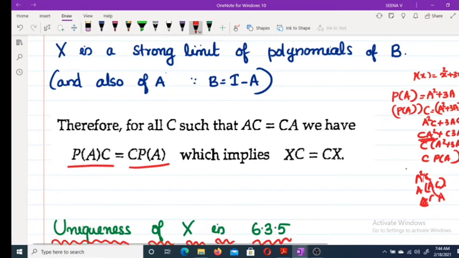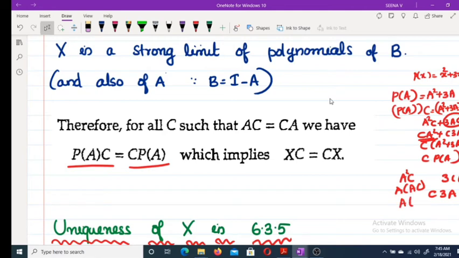Once again, this 3AC you can replace as 3CA. Okay, so this is same as C3A. Now we have A square C and A of AC, and this is same as A of AC same as CA, and this is same as ACA, and this is same as AC same as CAA, and from this CA square. Okay, and we can write like this.